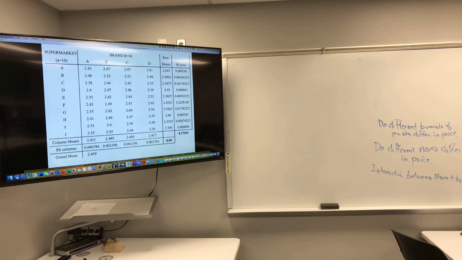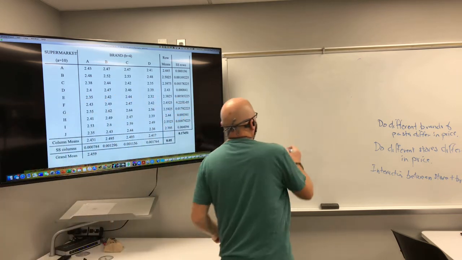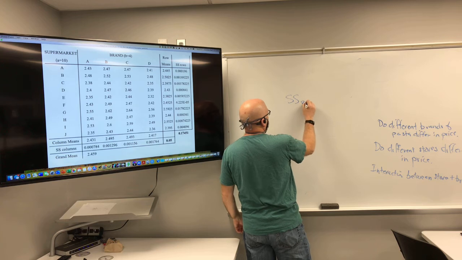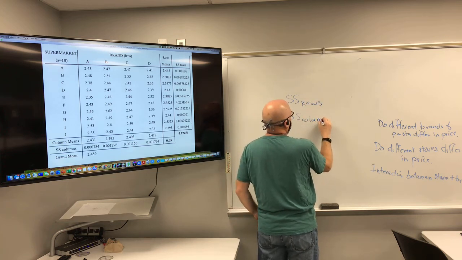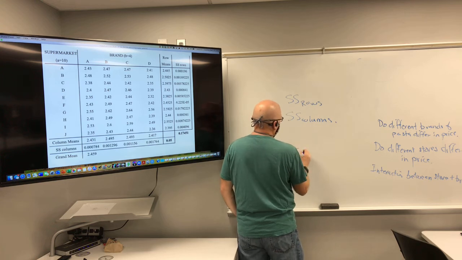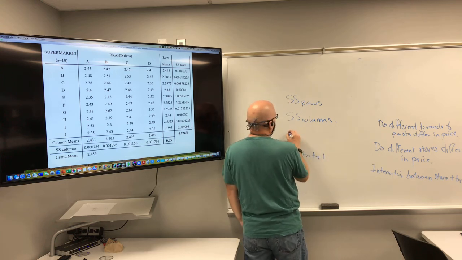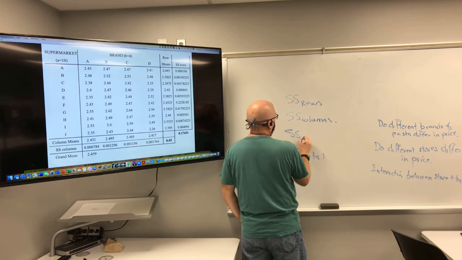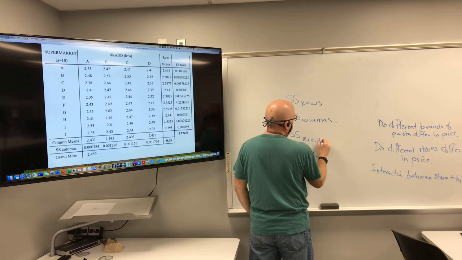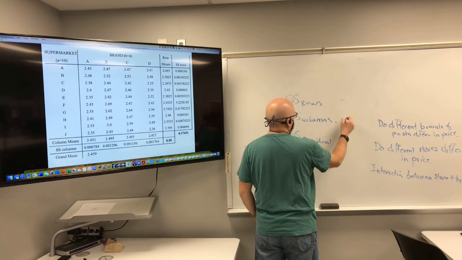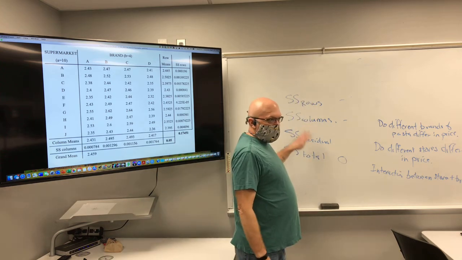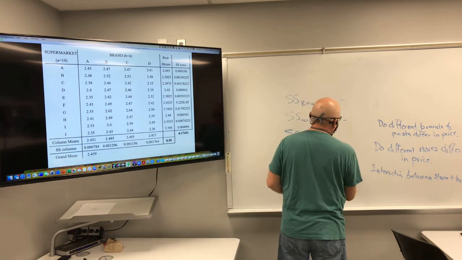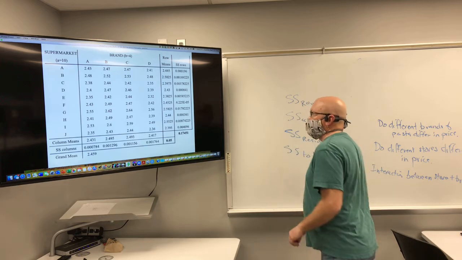Now you could then take sum squares of rows, sum squares due to columns, and sum squares total, and from that generate sum squares residual, just by taking this and subtracting them from this. You could do it that way, but you could also do this by basically taking